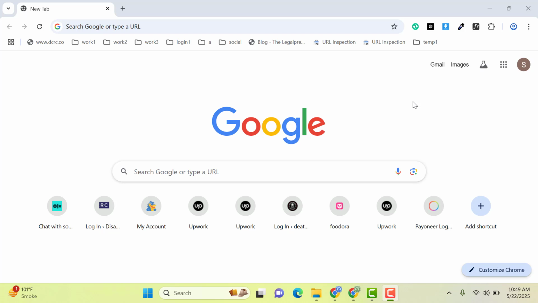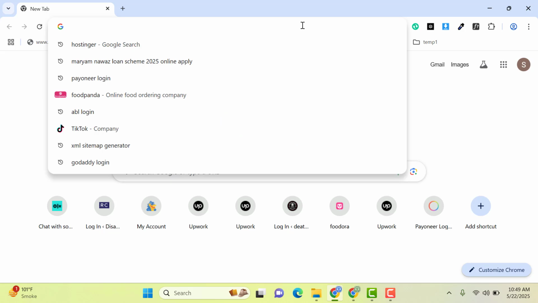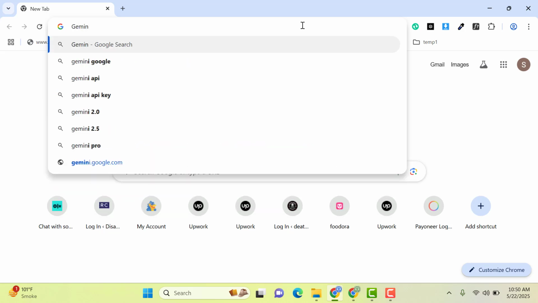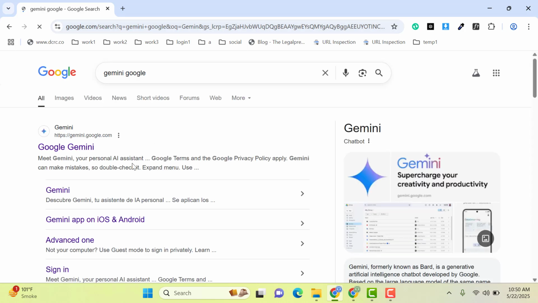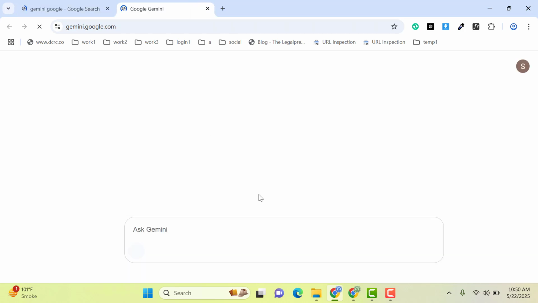In this video we are going to discuss how you can generate images using the Gemini Google AI tool. So now here you can search for Gemini, and then here you can see this is the official website. So now you can create a free account,